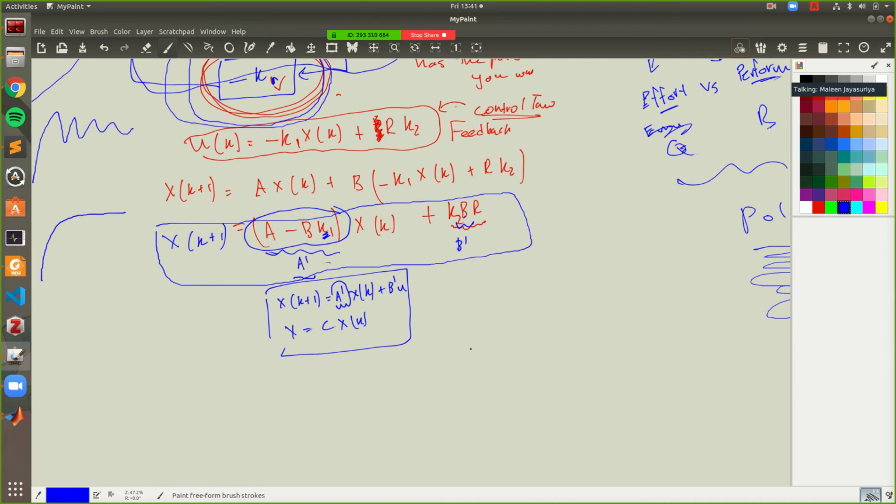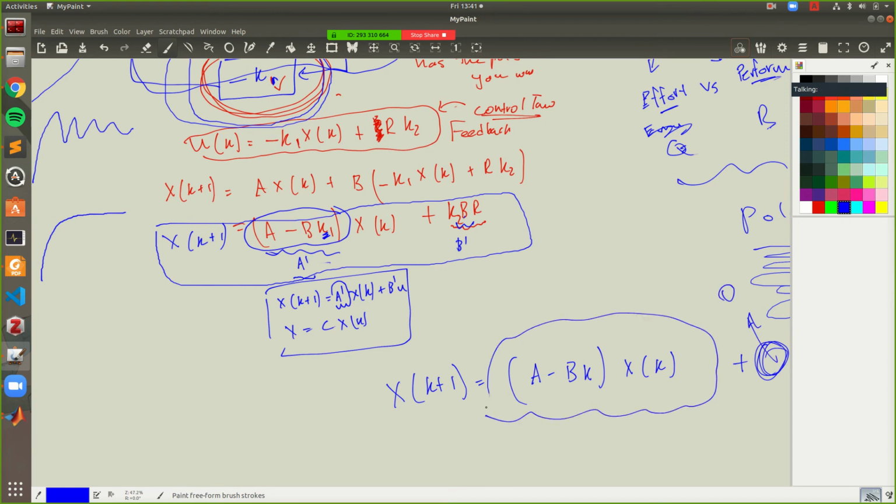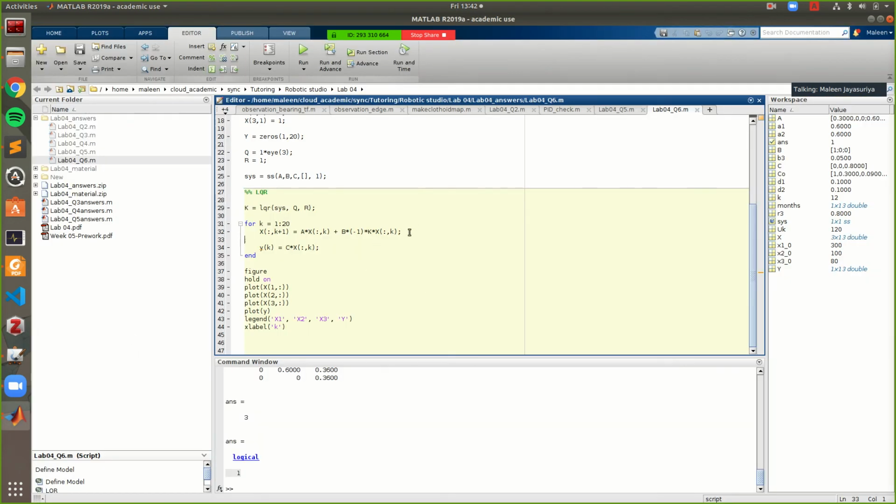Yeah, so what is our closed loop system equation? x(k+1) = (A - BK) x(k) + input value, right? So for example, let's say our input is 0. We are just going to look at how the system is going to perform, right? If you want, you can give an input, so then you can say plus u or whatever here, but what I've done here is just the new system. This is a closed loop system.